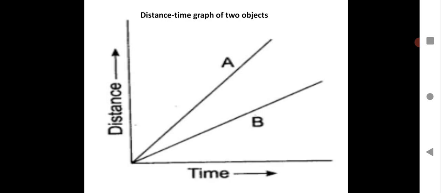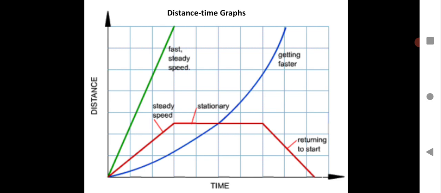How can you interpret the table? The way you interpret the information in tabulated form, similarly you can interpret this kind of graph. So here you can have some more interpretation. Please do not draw this, but try to understand. Once you understood, the steeper the slope, the more the speed of the object. And how are you going to interpret all this now?